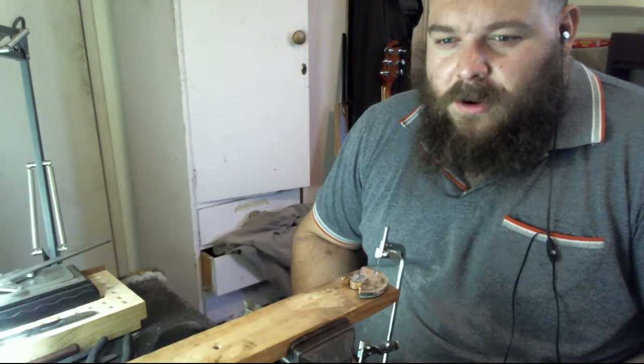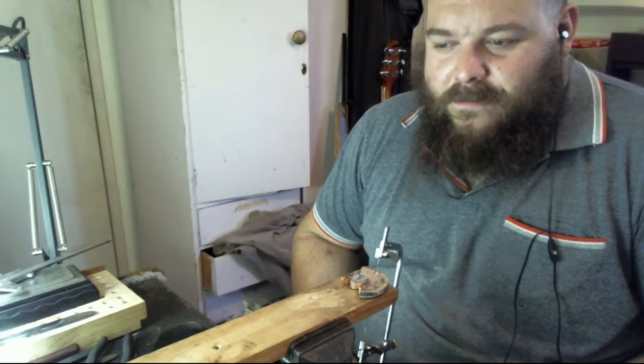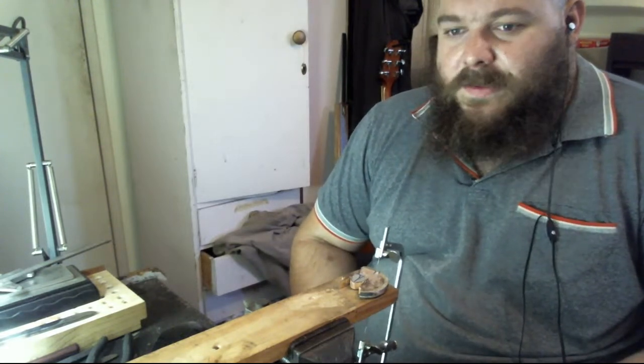How do you keep hollow grinds cool after heat treat? By being very careful. So the main trick with hollow grinds is,